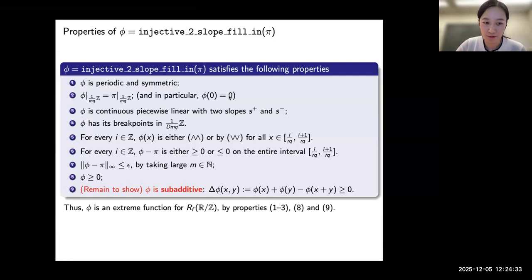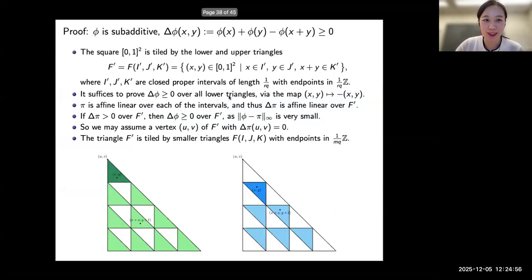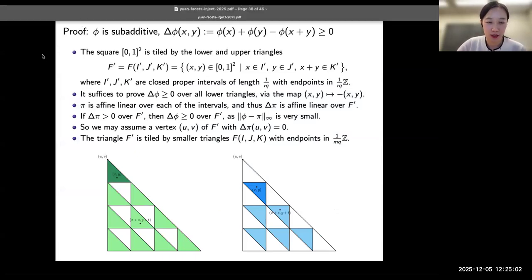And then it's true that this phi is what we want that can show the theorem. The difficulty lies in showing phi is a subadditivity function. It contains many cases, and we are not going to analyze all of them, so case reduction is needed. So the object of interest is the subadditivity slack. It has 2 dimensions, and we are going to reduce many cases to the canonical ones.